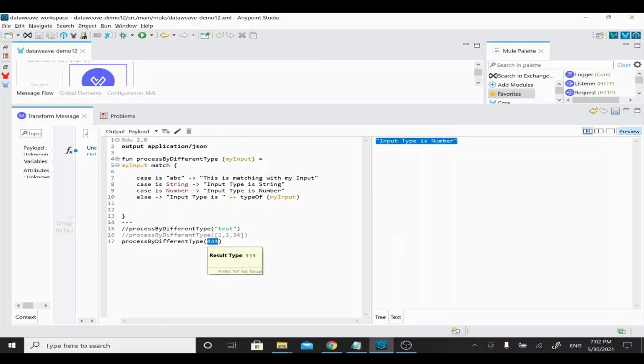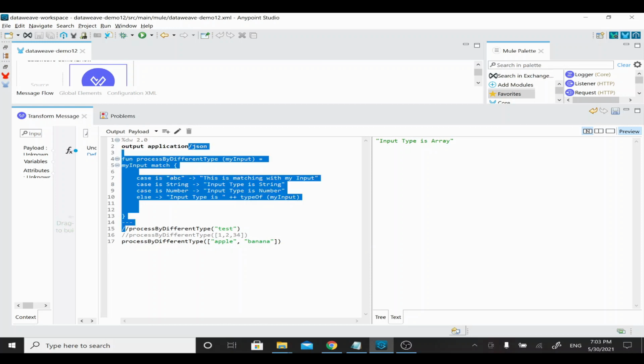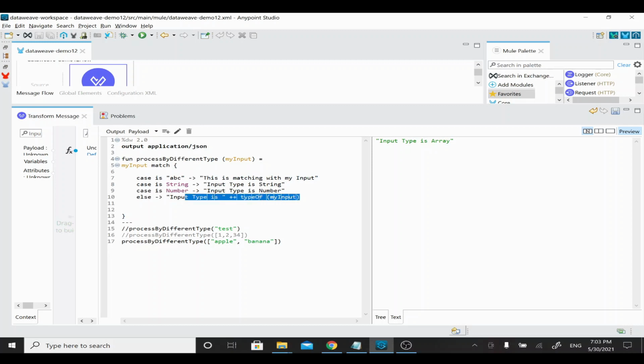Or if you give an object, input type is object is coming. Or if you wanted to give an array, similarly, apple comma banana, I've given the input as array, so all the conditions are not matching, so it's going to the else condition, where I'm trying to find the type, so that's why it's coming as input type is array.